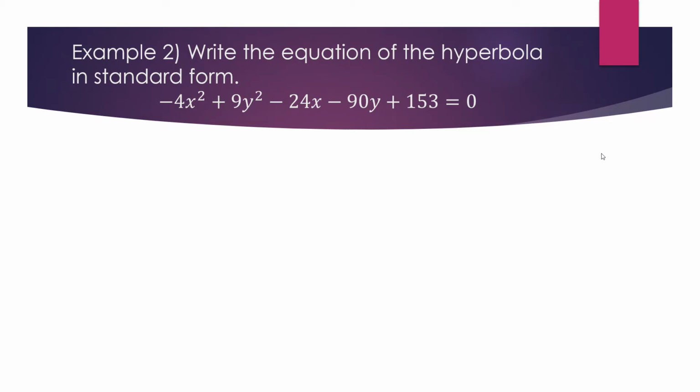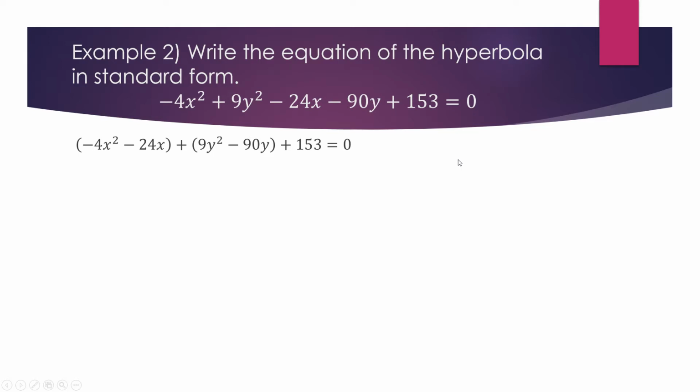For example 2, we're going to write the equation of the hyperbola in standard form for negative 4x squared plus 9y squared minus 24x minus 90y plus 153 is equal to 0. Just like with the ellipse, because we have two square terms, we're going to have to complete the square twice with these problems. We're going to start by grouping the x terms and grouping the y terms each into their